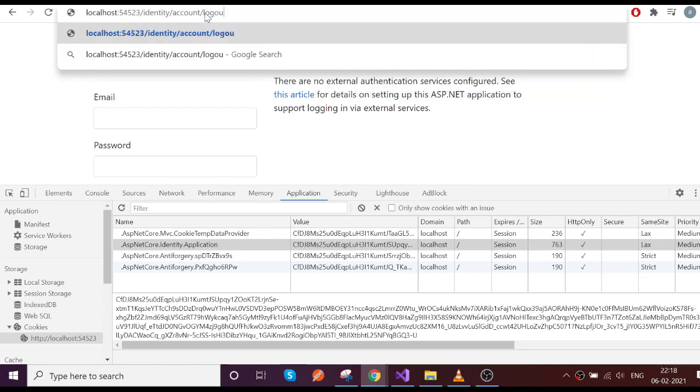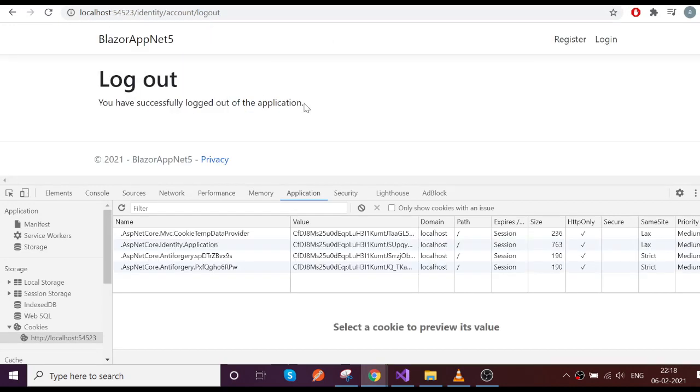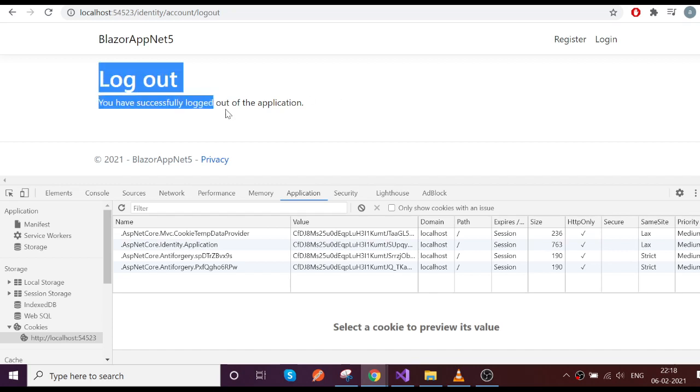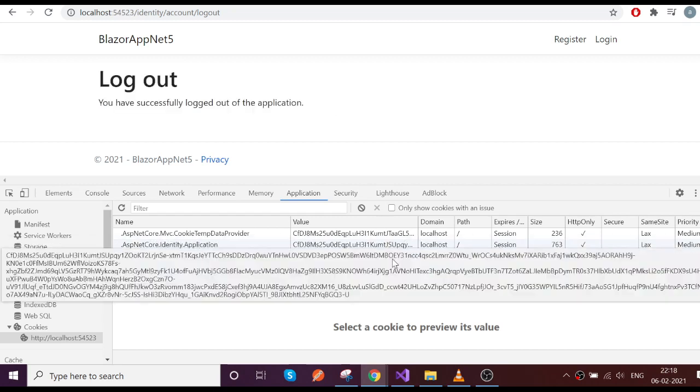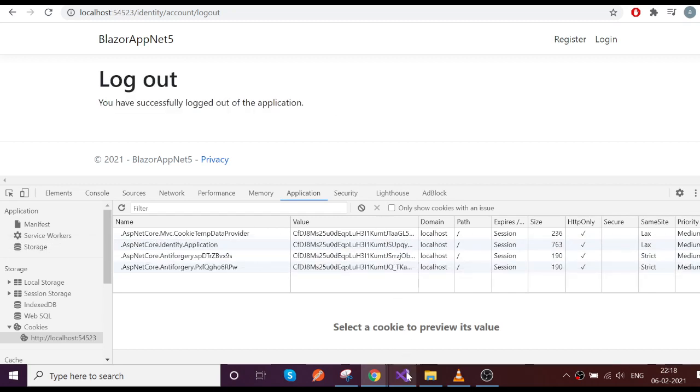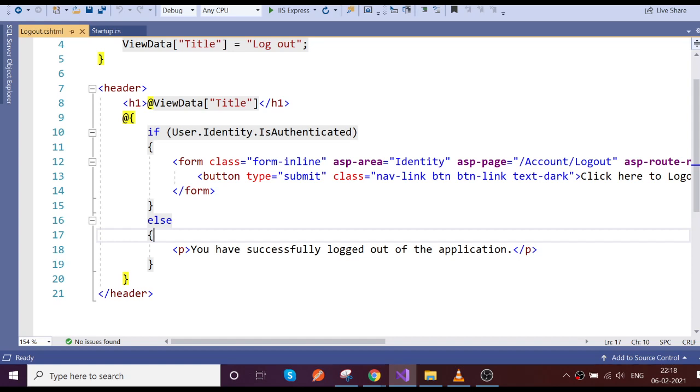Logout. It's showing me that you are successfully logged out of the application. This is because my schema is different.